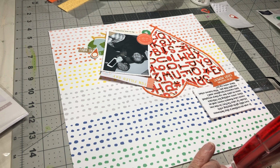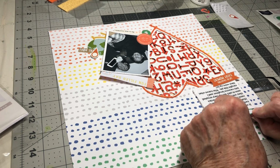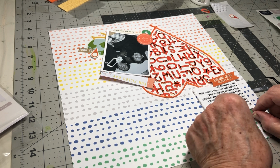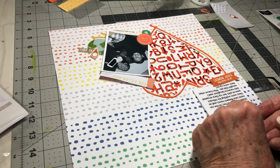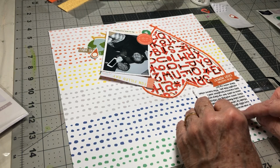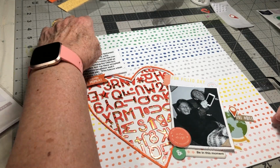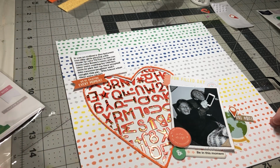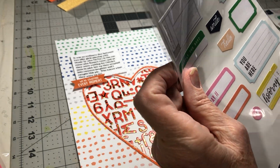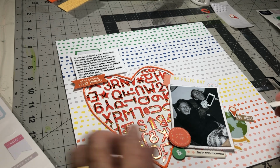I pulled that photo off of my son's Facebook page, and I had sent it to him because I took the picture of the girls as her mom was going, and I can't find it in my photo library, and when I bring it down, it doesn't carry the date with it, and I didn't make a note of it. So I have this other little green tab here that says "Together,"